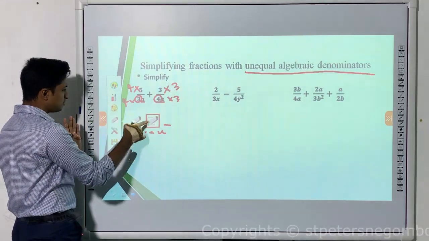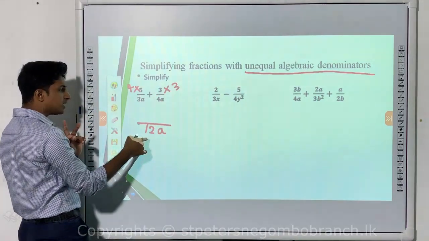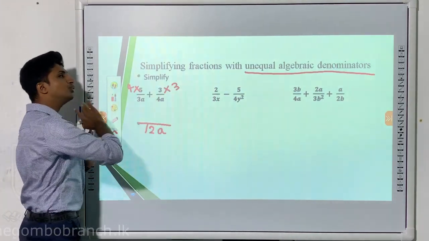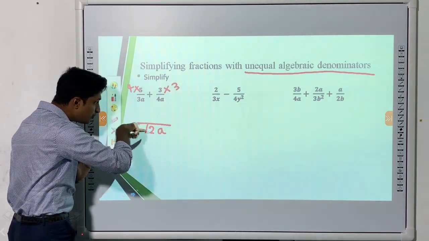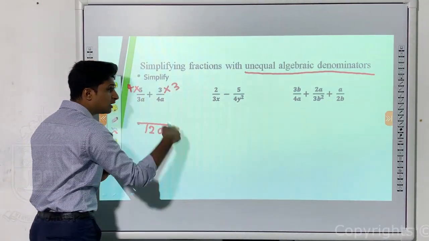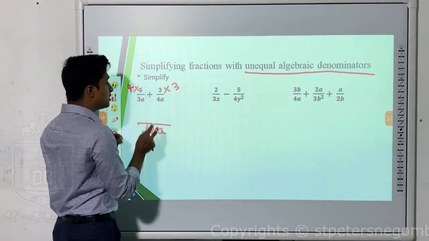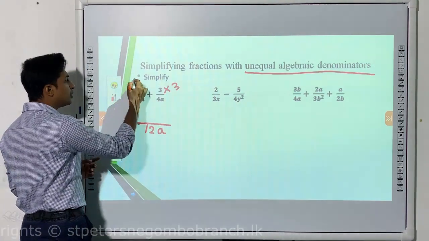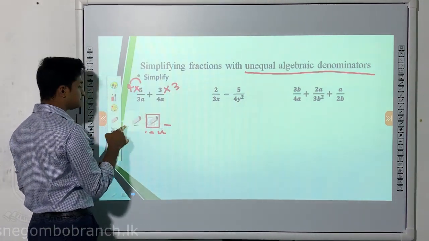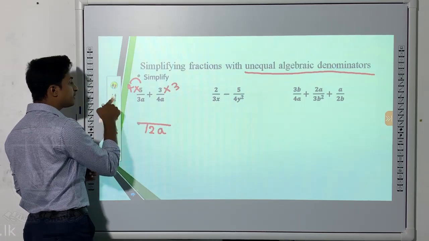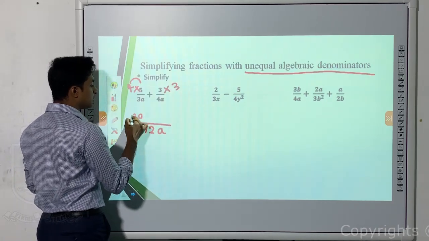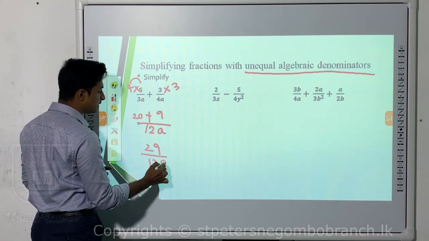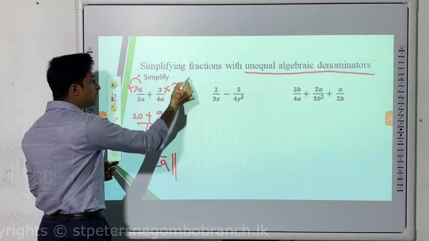But now here, you have already taken the denominator. So no need of writing the same thing up and down both. For the numerator, you do the changes. That's enough, because denominator we have already taken. So no need of putting multiplication by this and that, no requirement. You have already taken the denominator, so do the changes to the numerators. So this is going to be 4 times 5 is 20, plus 3 times 3 is going to be 9, that is 29 over 12a.